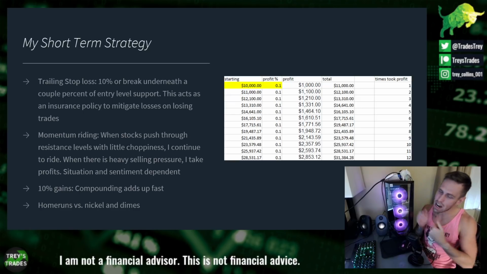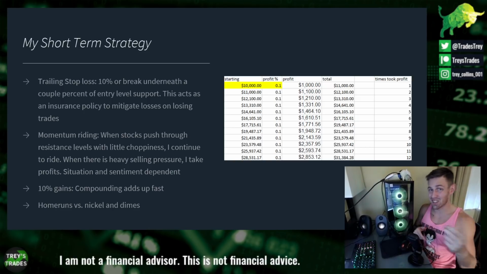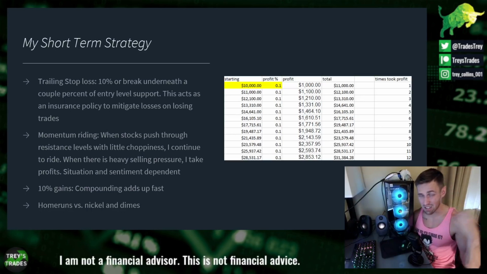So if there's a lot of strong buying pressure, right? You're seeing a stock open at $10 and it's just pushing. It's going 11, 12, 13, 14, 15, 16, 17 with almost no selling pressure at all. You're going to know because the charts will show you that, right? You're going to see there's not a lot of harsh pullbacks. There's not a lot of people taking profits. You want to keep riding that momentum because otherwise you're just missing out on the gains you sold out early for